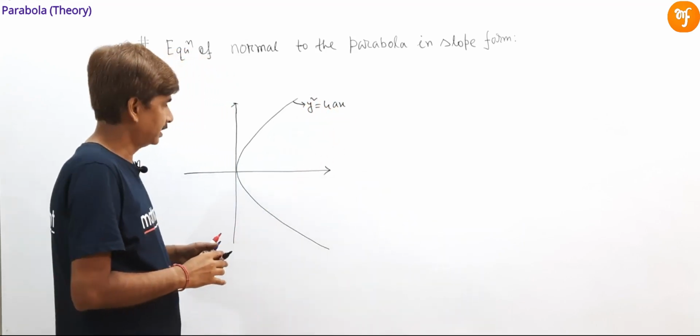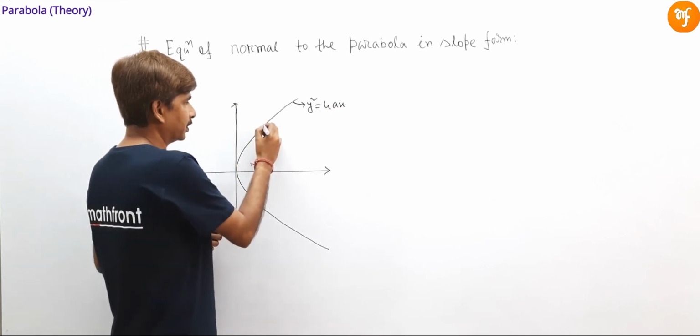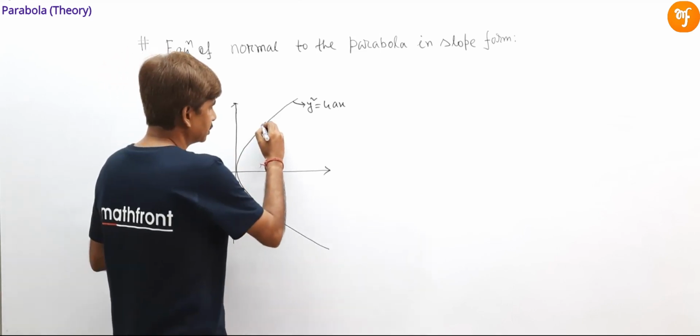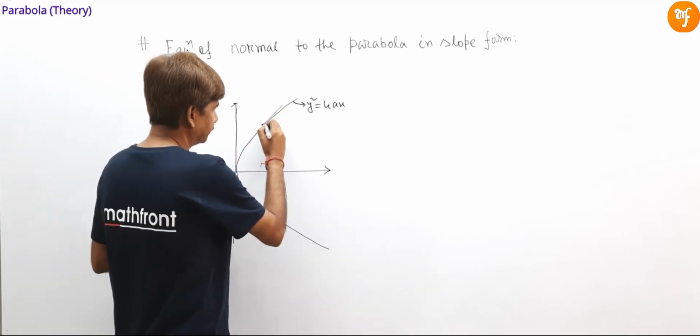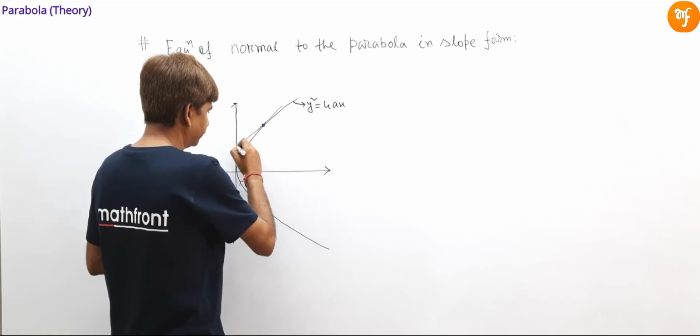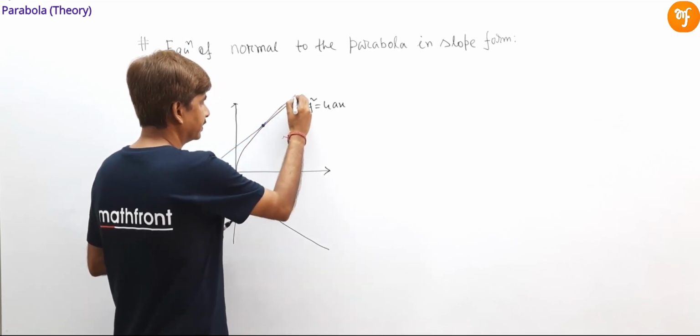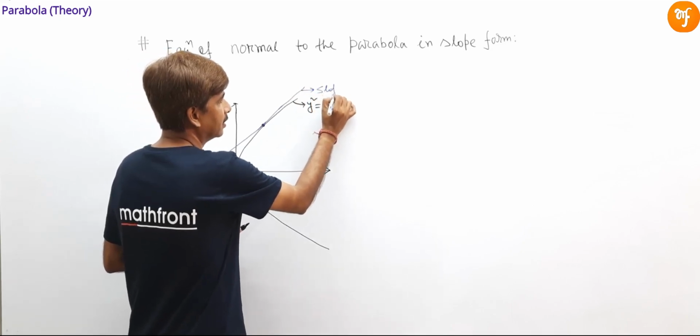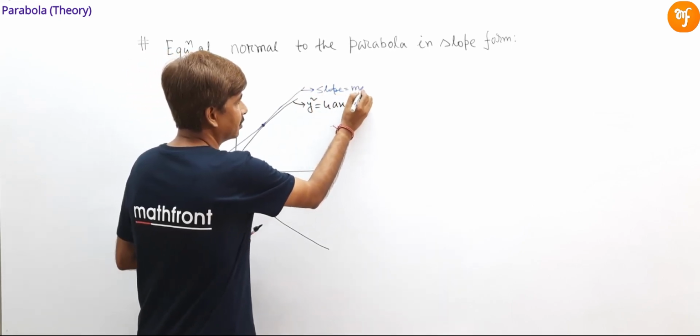Okay, now this is the point of contact. Now at this point of contact we just draw a tangent. Okay, if the slope of this tangent is equal to m,